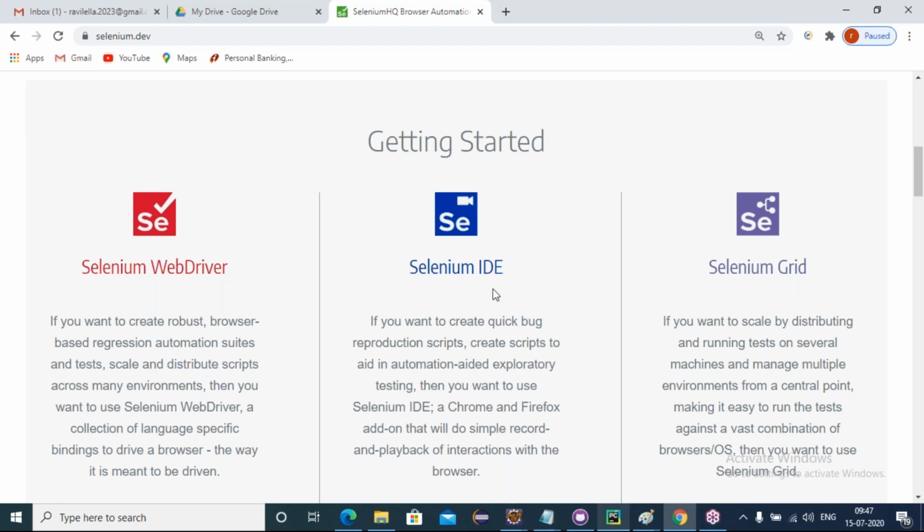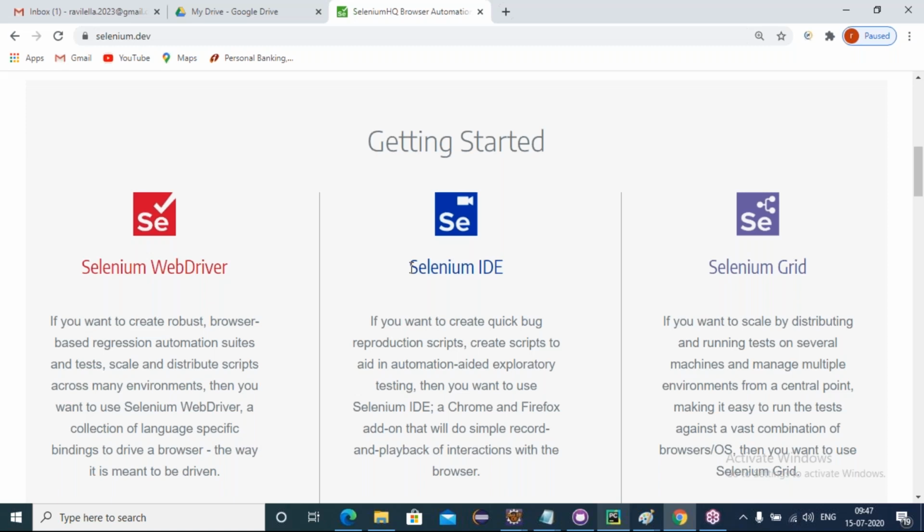Now, the first component is Selenium IDE. If you want to work with Selenium IDE, we don't require any programming language or programming knowledge. You just should know how to start recording and how to stop recording. Between starting and stopping, you do some transactions manually, and all the transactions will be recorded in an HTML format.